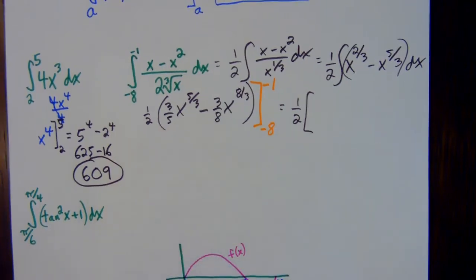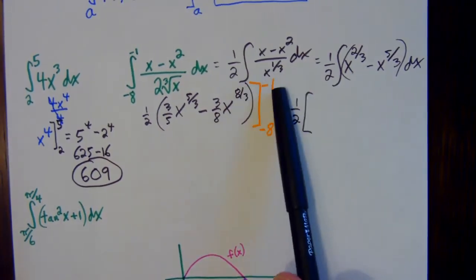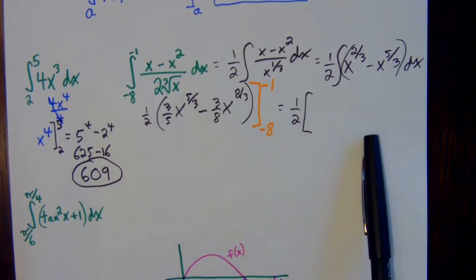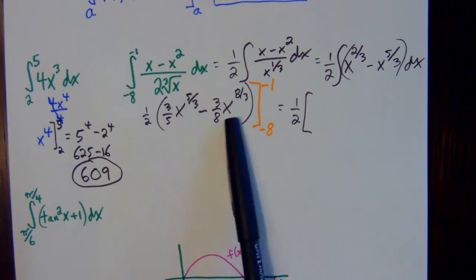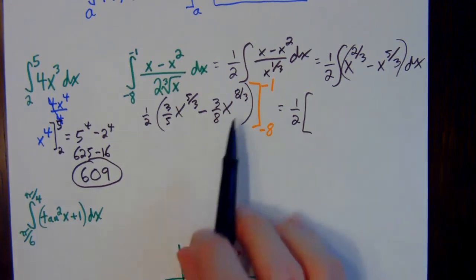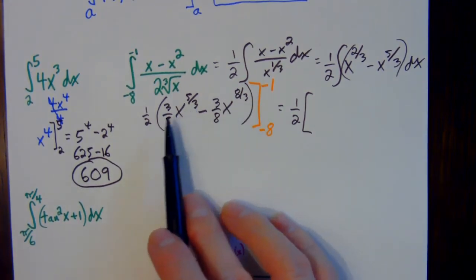Sometimes I see some weird mistakes on this. You've got to take the -1 and plug it in for both those x's. Get that right there. And then you go minus, take the -8, plug it in for all of those x's, and then keep that stuff in parentheses because you're subtracting a whole unit right there. So when I do this, when I plug in the -1 to the 5/3 times